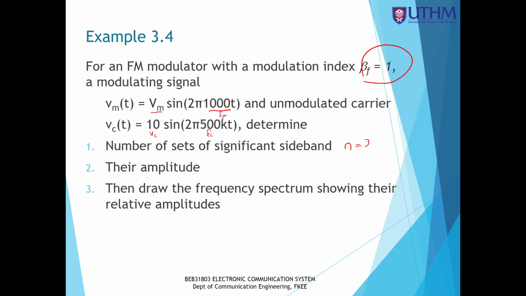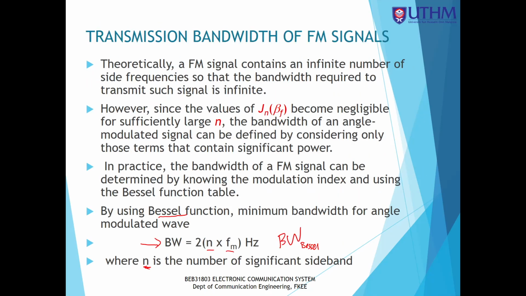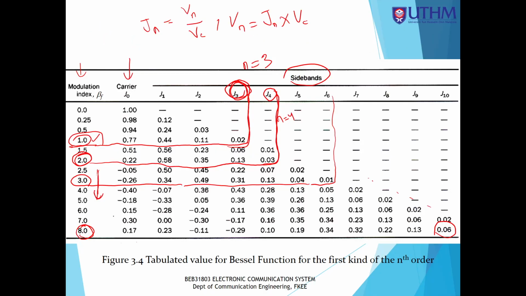Okay, and the next question asks you to determine their amplitude. So again, you read from the table. From this table, you can take all the values, J0, J1, J2, and J3. J0 is 0.77, J1 is 0.44, J2 is 0.11, J3 is 0.02. Okay, so therefore,